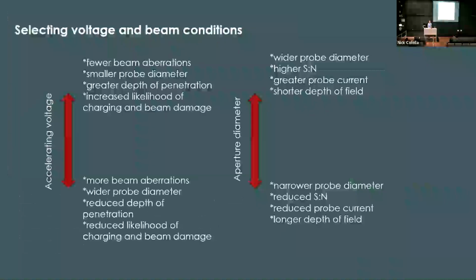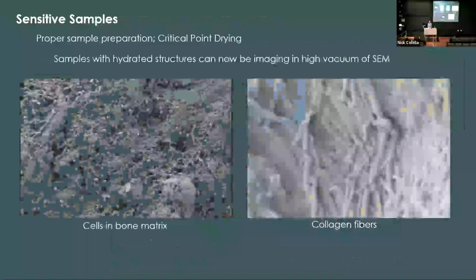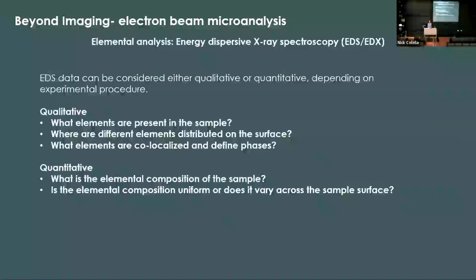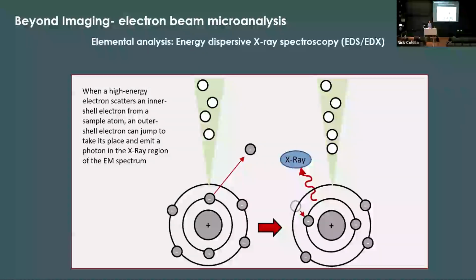Okay, based on time, I'm going to skip through some of this because I have too many slides and not enough time. I want to spend a few minutes talking about the analysis potential as well, right? So we can do high resolution imaging, we can do secondary and backscatter imaging to learn about the composition or the roughness of the sample. But a lot of what we do is also what's called analytical work, where we can try to determine the composition of the sample or some of its crystallographic properties.